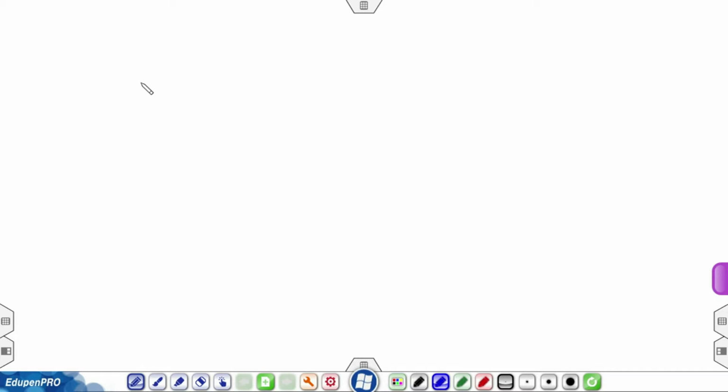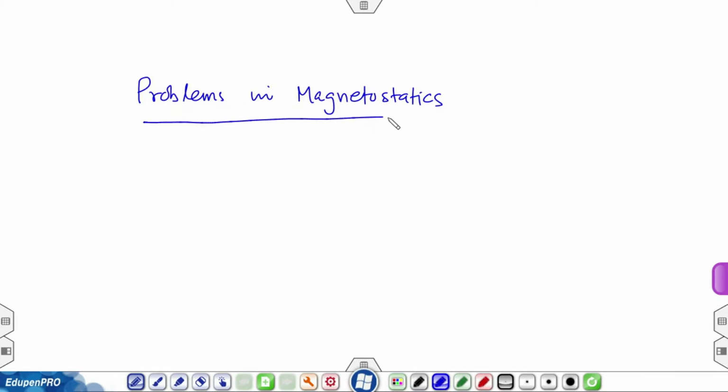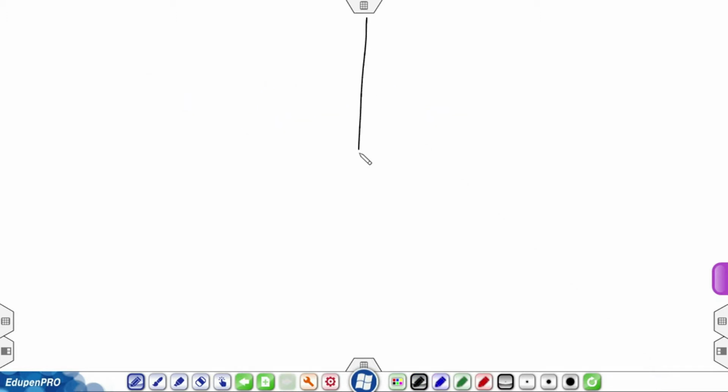So, this is a lecture on problems in magnetostatics, and from next lecture onwards I will do for some lectures the time dependent phenomena and start with Faraday's law. So, first problem that I am doing is